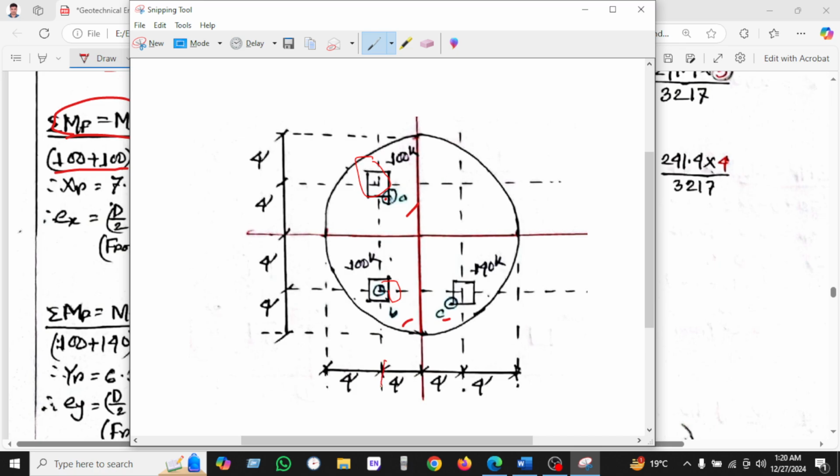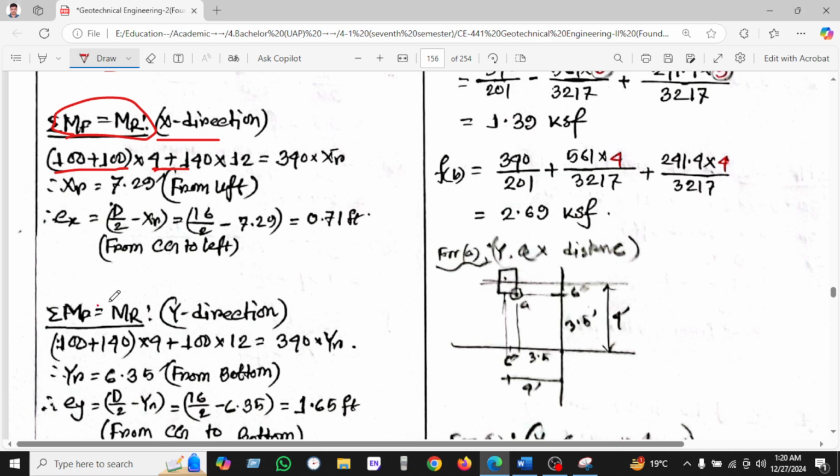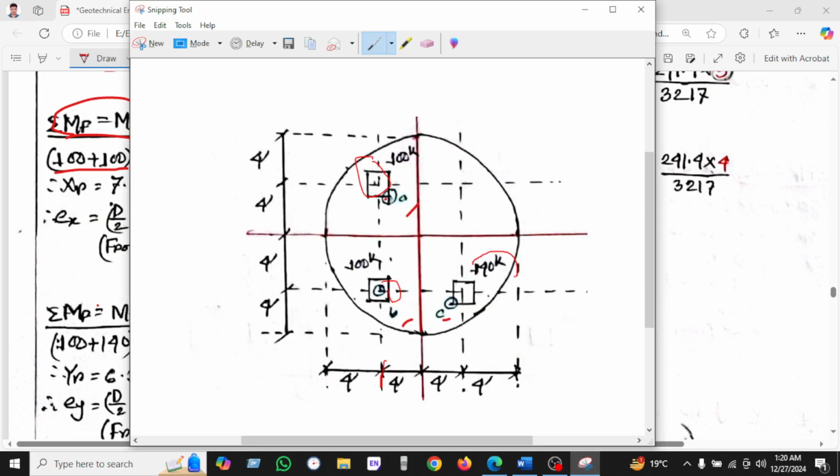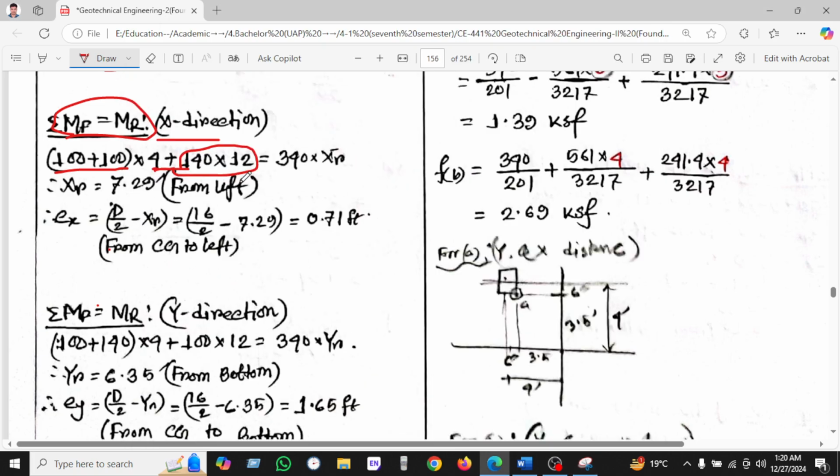This is the x distance, and 140 into 12. This is the another load, 140 into 12, 4 into 4 into 4, and found 340 into x bar, and found x bar equal to 7.29 feet,